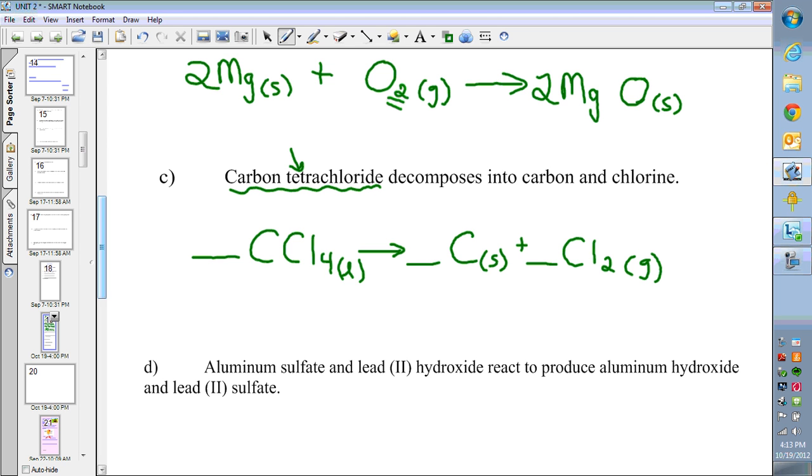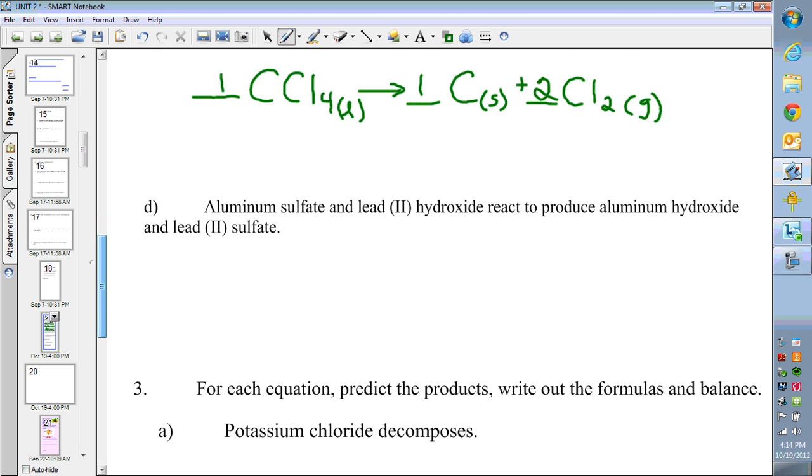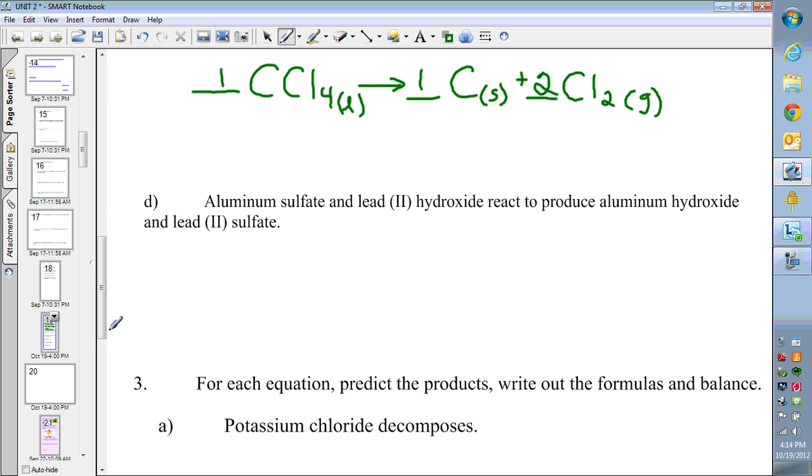I see 4 chlorines on the left-hand side, so I need 4 chlorines on the right-hand side. I put a 2 in there because 2 chlorine molecules will give me 4 chloride ions, accessible for my compound, and that guy balances just like that. No pitfalls yet. Okay, so for D, aluminum sulfate, so there's compound 1, and lead hydroxide react to produce aluminum